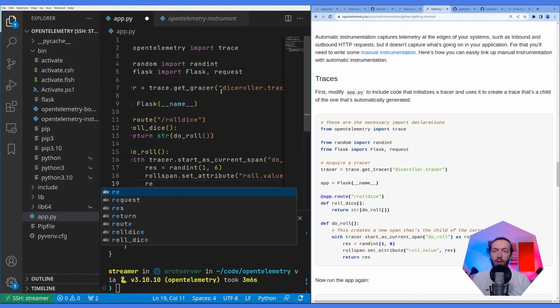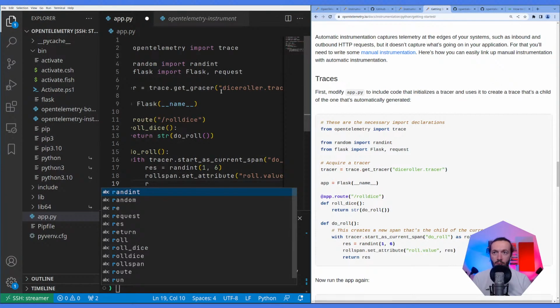Oh, interesting. So in the current span, we're going to set